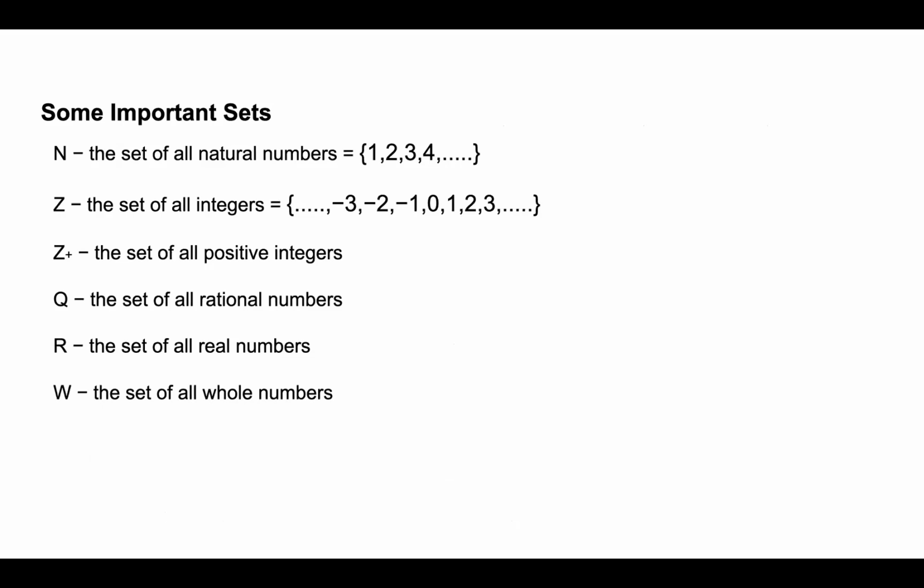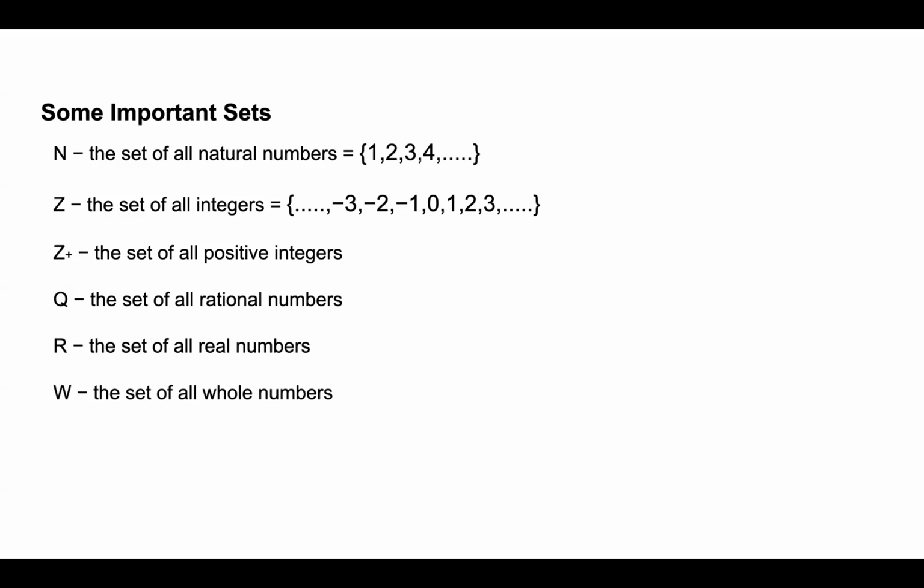These are the set of natural numbers, and the set of all integers is Z. It contains -3, -2, -1, 0, 1, 2, 3, like this. And when it is positive integers, only 1, 2, 3 are there. Negative integers are -1, -2, -3, etc. Natural numbers means 1, 2, 3, 4, up to infinity. Those are natural numbers.